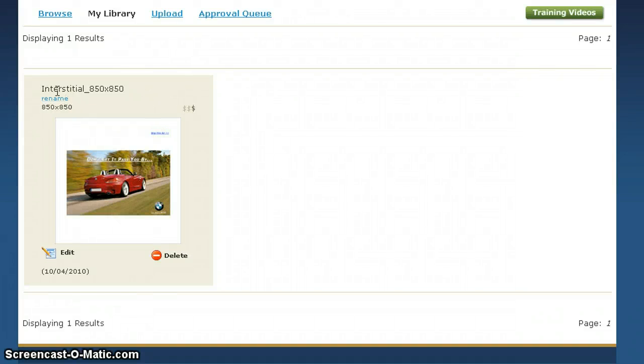This is the design guide for the Interstitial 850 by 850 ad unit. So this is designed to be an interstitial ad. It can also be a prestitial. Really the functionality that you want to employ is you need to create an HTML page on your end that's